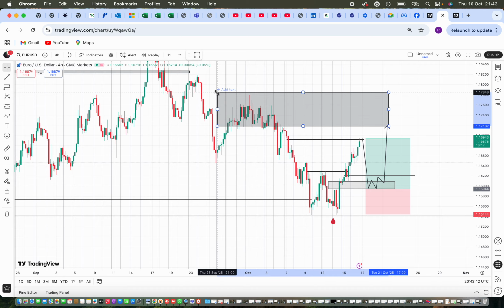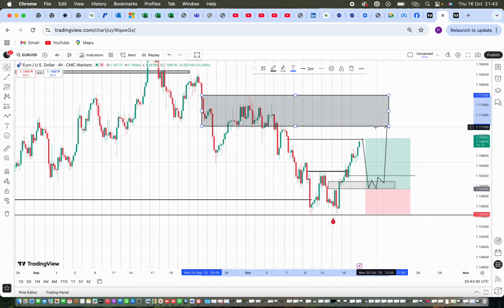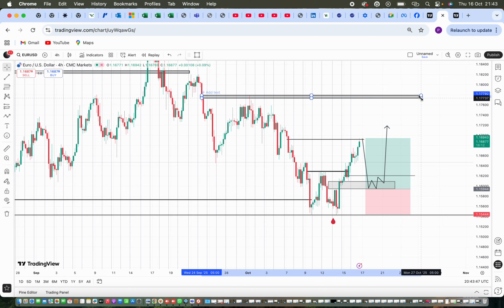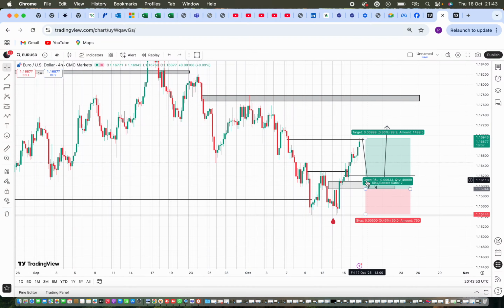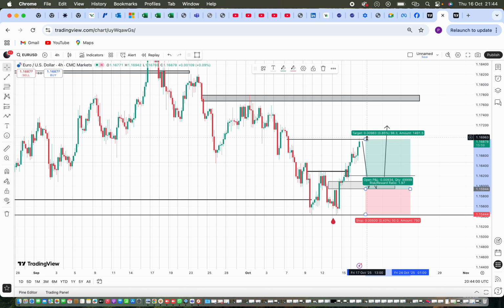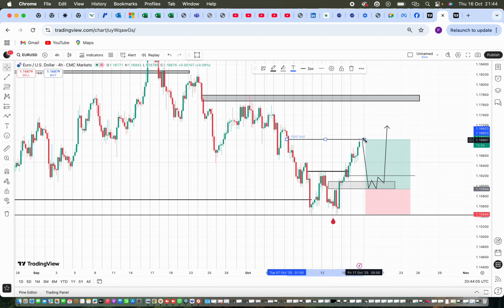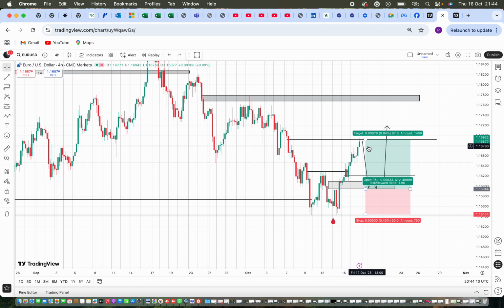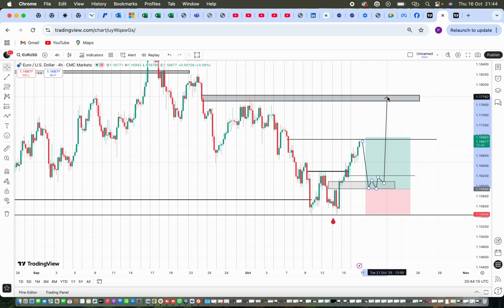Now we have another high at this level, and that is where price may likely be coming. If we happen to have a proper pullback and price breaks above this high that we see here, if price pulls back from this level, we're going to be breaking above this level, and this is where price is actually going to be coming for a possible pullback and continuation next week.